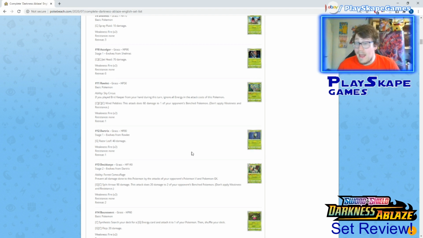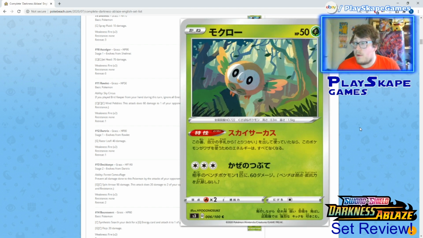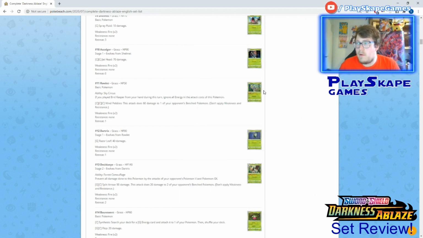So here we have the, we're very excited about this. We've got the Decidueye line. So have a quick look at the Rowlet. The Rowlet's quite interesting. So if you are playing a Decidueye deck with the new Bird Keeper card, which I believe you can switch to your bench, and you can then draw 3 cards afterwards. So it's like a switching effect and a draw effect, a +3 draw. If you played the Bird Keeper card, you can then use the Wind Pebbles attack for free, which does 60 damage